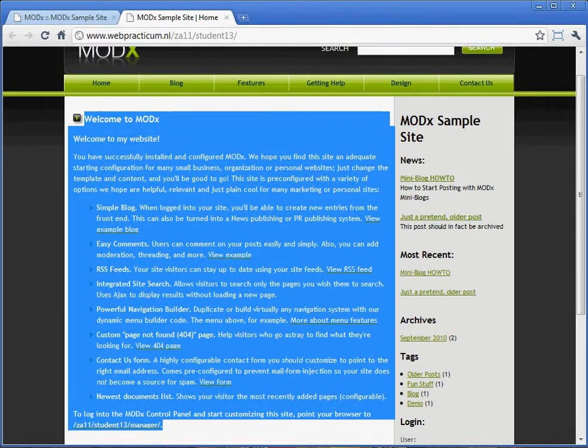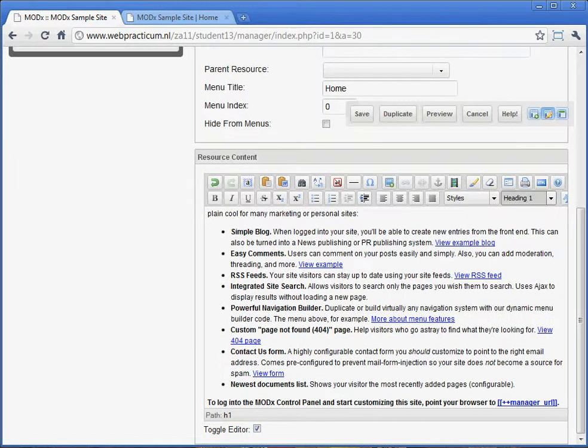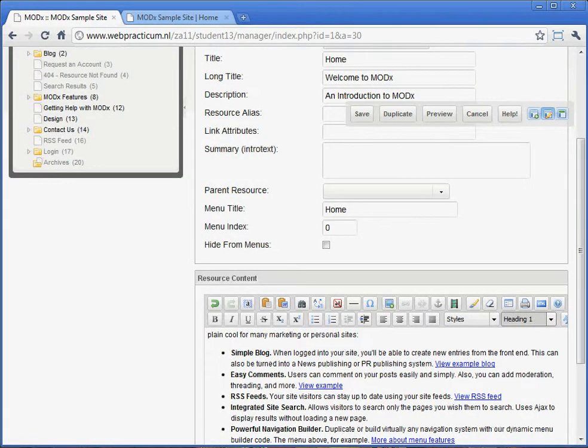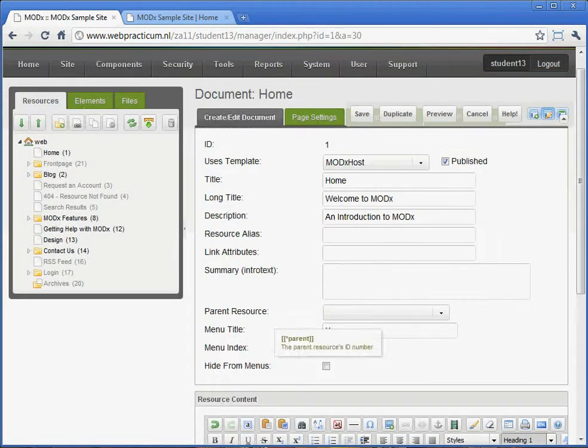So basically, as we shall see in the template lessons, viewing or not viewing this content is dependent on the HTML template. Well, that may not make much sense to you right now, but it will make sense to you in a future lesson. So this is the main content, the resource content, and up here we find all kinds of metadata